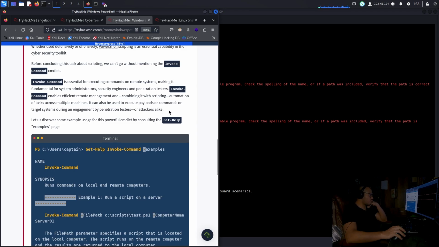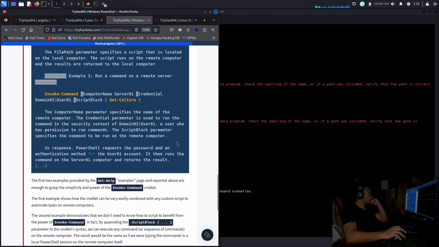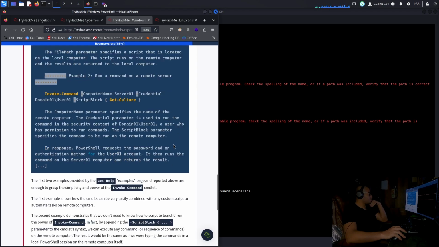It can also be used to execute payloads or commands on target systems during an engagement by penetration testers or attackers alike. Let us discover some example uses for this powerful cmdlet by consulting the help examples. The first two run a script on the server and run a command on the remote server. The first two examples in the help are enough to grasp the simplicity and power of the Invoke-Command